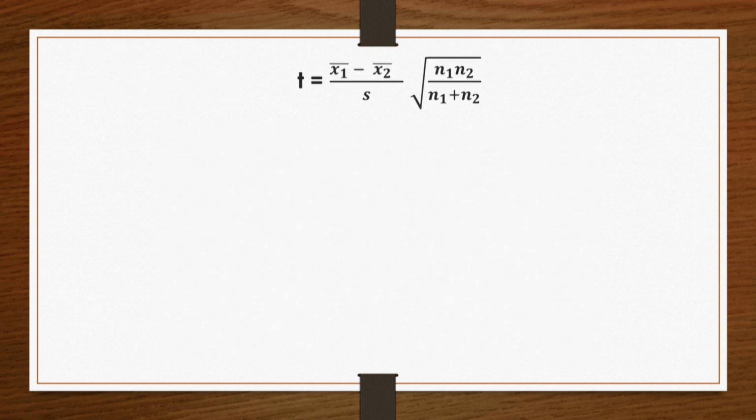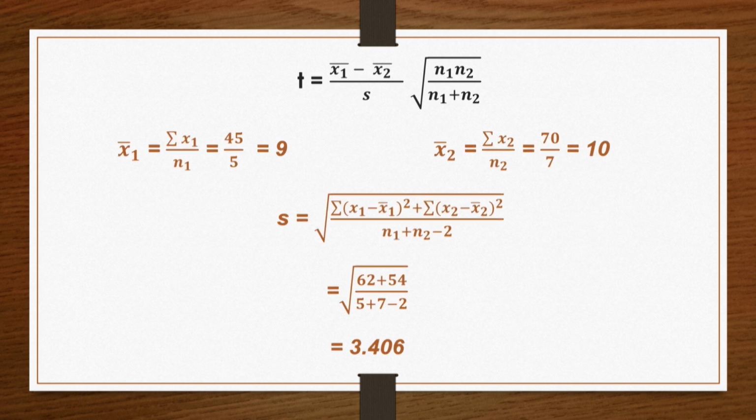The t statistic is explained by the following formula, where x1 bar equal to summation x1 by n1, that is 45 by 5 equal to 9. Similarly, x2 bar is equal to summation over x2 by n2, that is 70 by 7, equal to 10. The standard deviation is given by s equal to square root of summation over x1 minus x1 bar the whole square plus summation over x2 minus x2 bar the whole square divided by n1 plus n2 minus 2. So the value obtained is square root of 62 plus 54 divided by 5 plus 7 minus 2, that is equal to